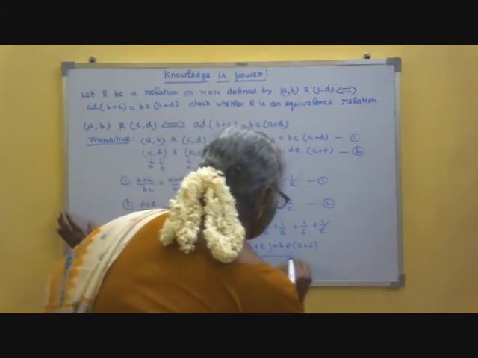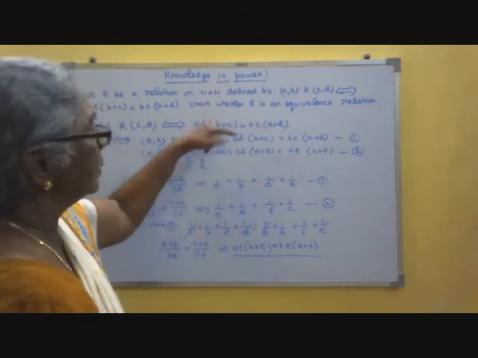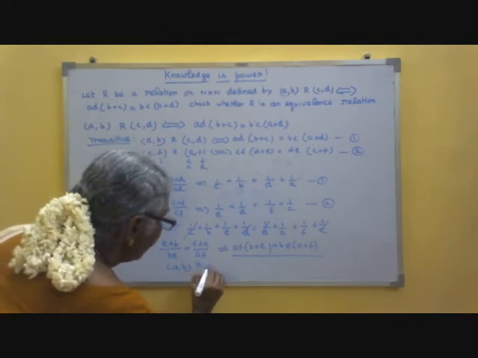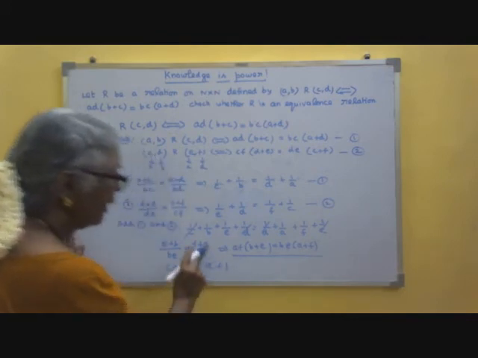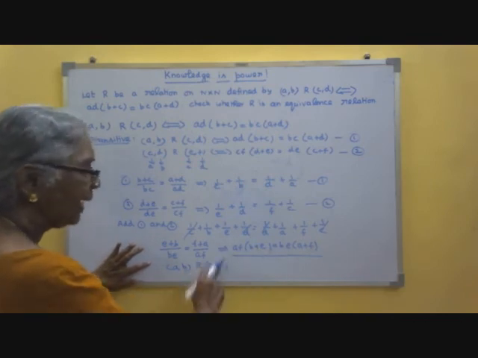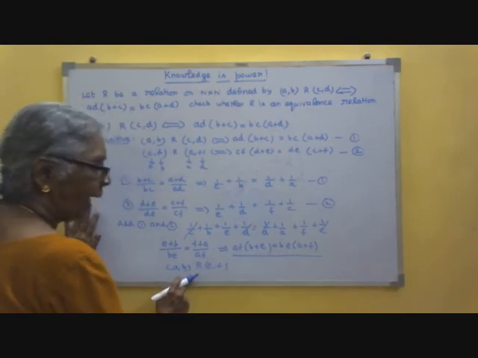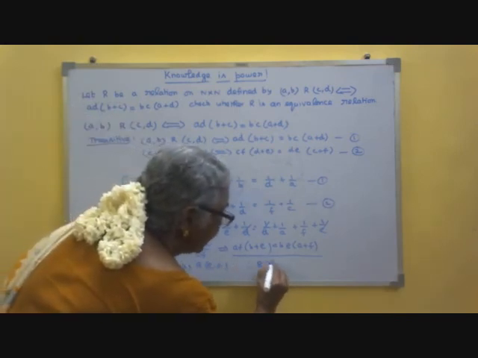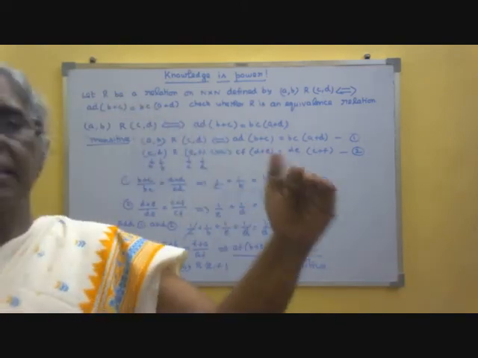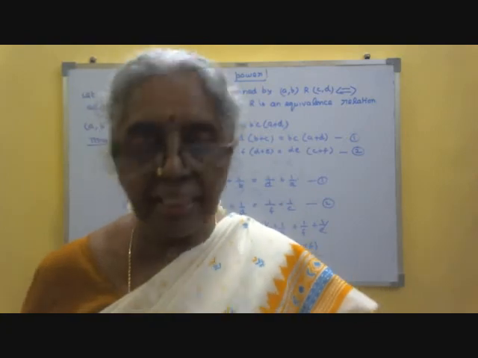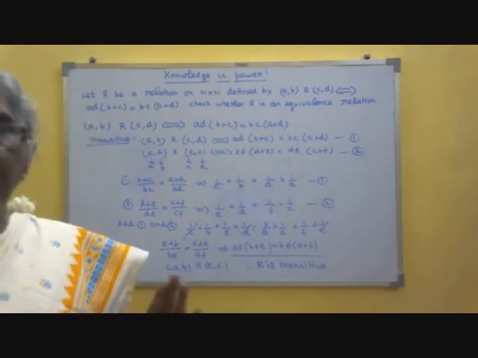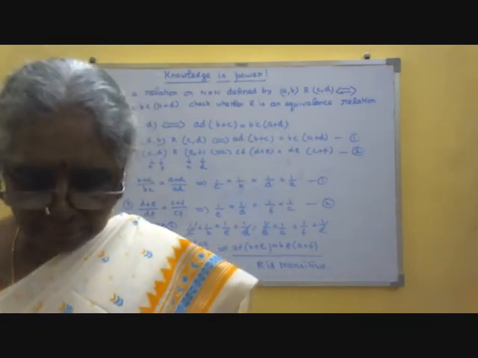This is nothing but, if you go back to that, (A, B) is related to (E, F). Naturally you see AF(B + E) is equal to BE(A + F). That will imply this. Therefore, your R is transitive. Here the only thing is you should remember which is in the place of A, which is B, which is C and which is D. Then this is the rule, this is the basic. So you have to apply this rule everywhere and then you will get it correct. Hope you have understood this example.